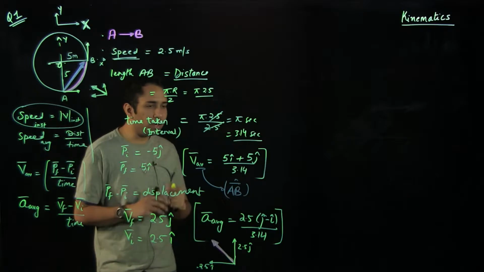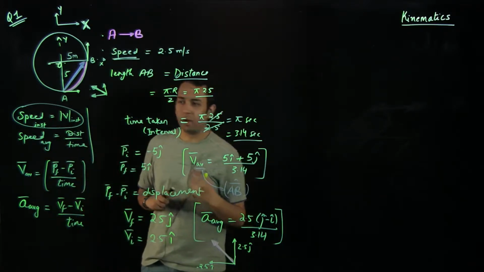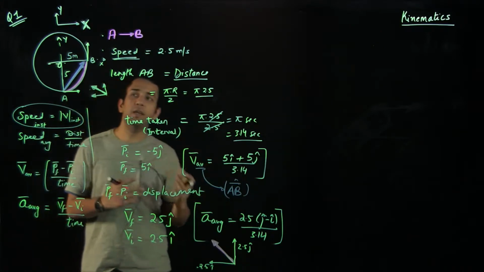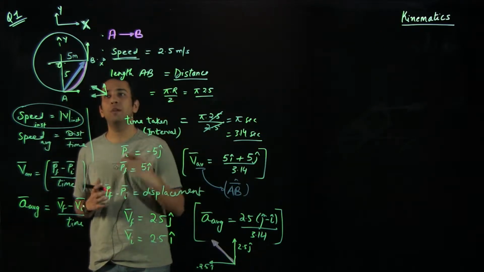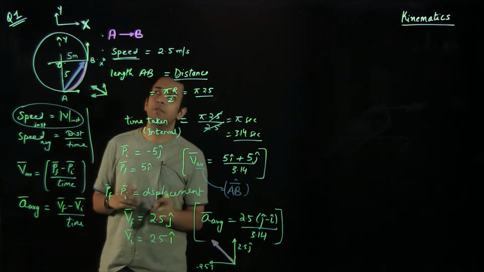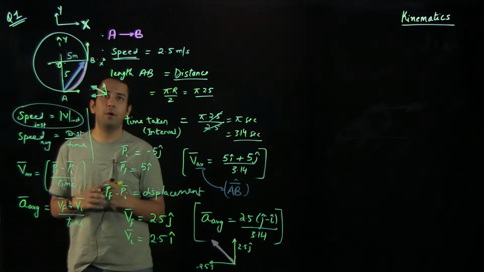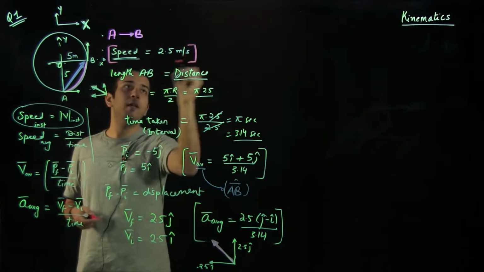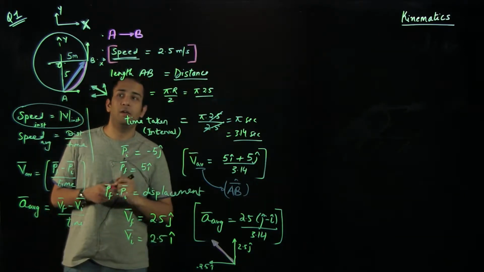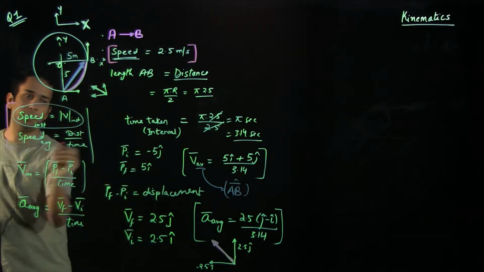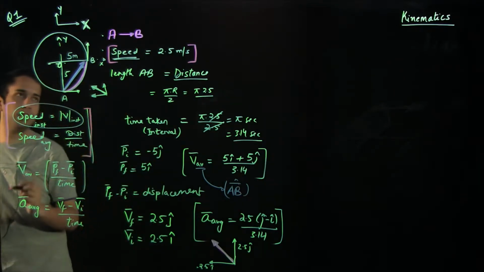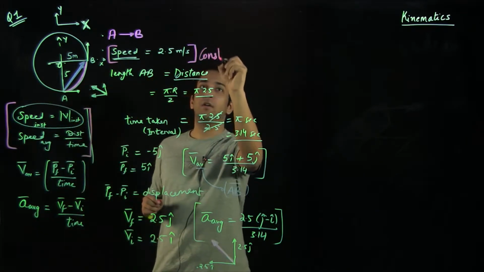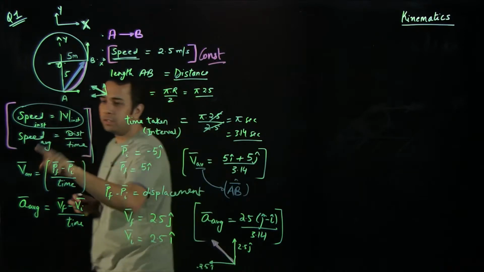This is one concept which we will be going through in detail in the later part of the physics syllabus, and it will be interesting to know why a particle keeps on moving along the circle. But the good takeaways from this problem are that, first of all, we were introduced to the concept of speed, and we used both the formulas of speed. So initially, because it was given that the speed remained constant, we used the average speed formula